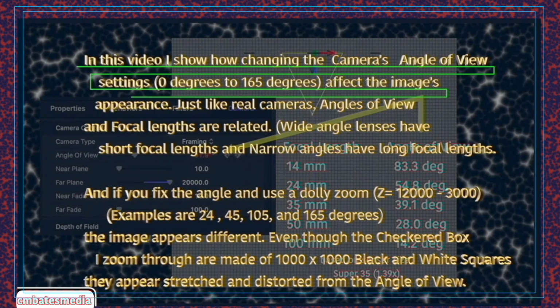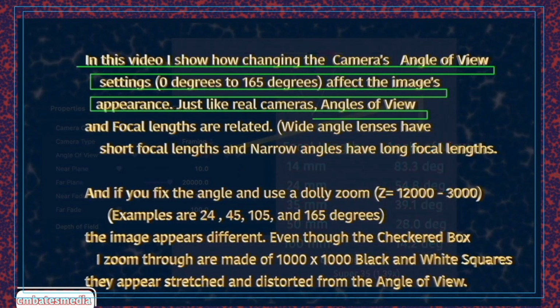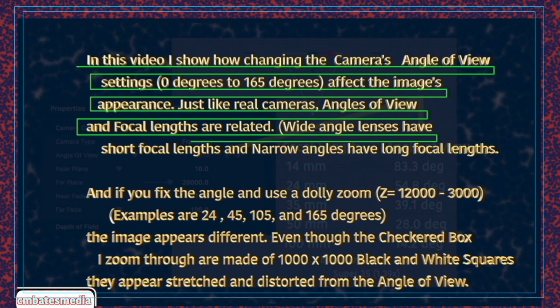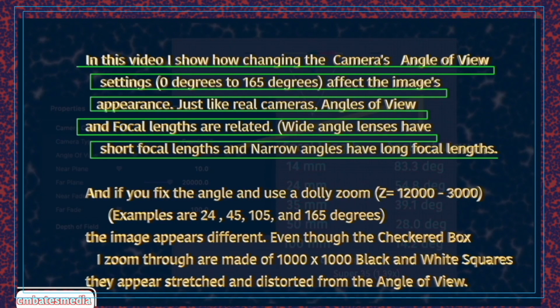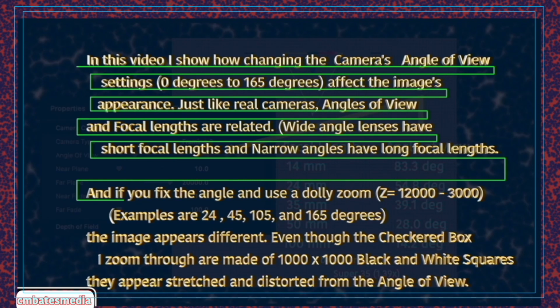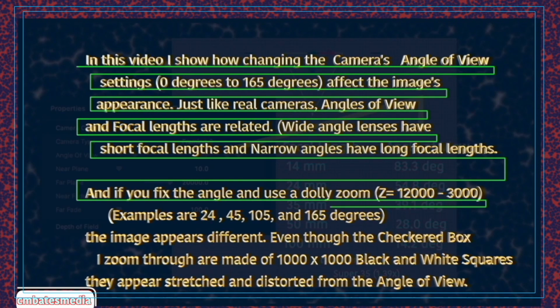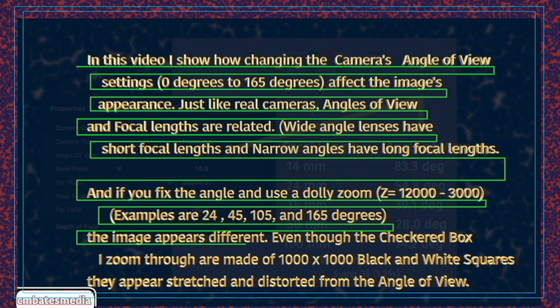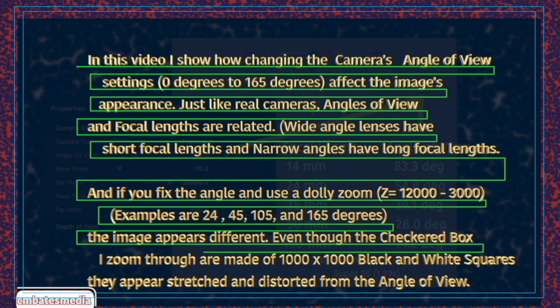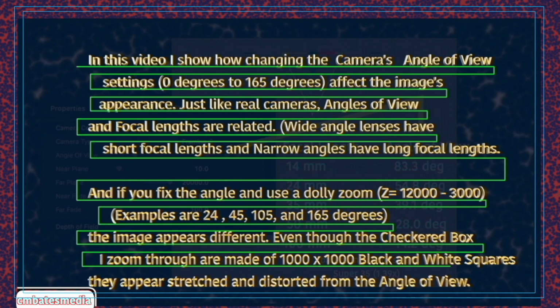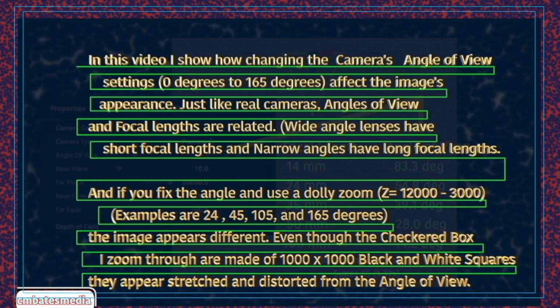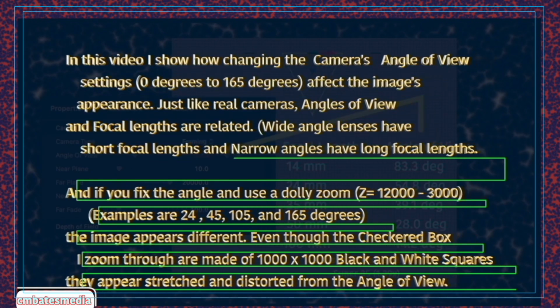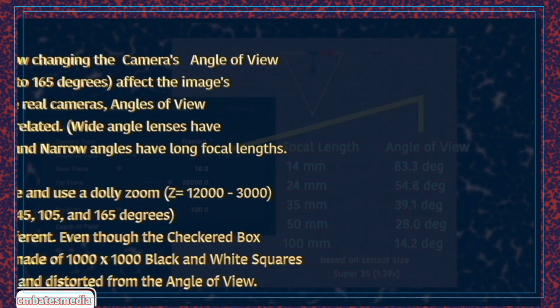There's a range of 0 degrees to 165. That will emulate a standard zoom on a camera. So most people are familiar with the 35mm lens, or 8mm lens is a very wide angle. 500mm lens zoom is a very narrow angle, so that's what we're getting at here. So firstly,